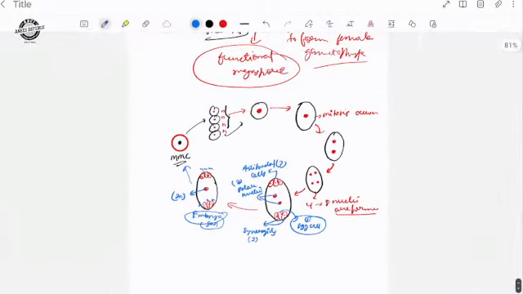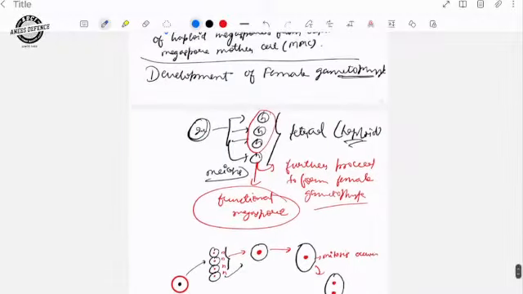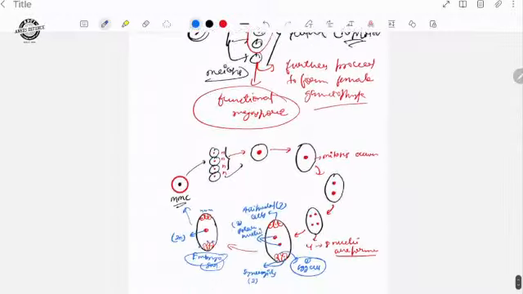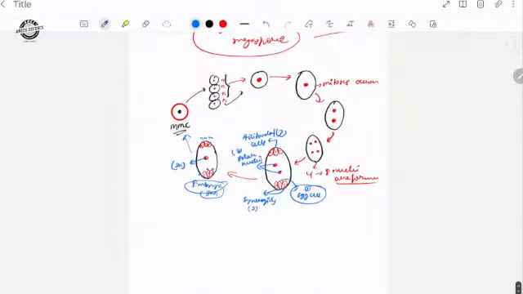I am simply trying to make you understand through the figure. You can easily understand how the process occurs to form a female gametophyte, how this formation occurs completely. This is the formation of the female gametophyte, that is the number of cells, antipodal cells, synergids, egg cell, polar nuclei in an embryo sac, and how they are arranged. Once this condition occurs, it is completely mature to receive male gametes that come from the pollen grains through various processes, termed as pollination. You should remember this.